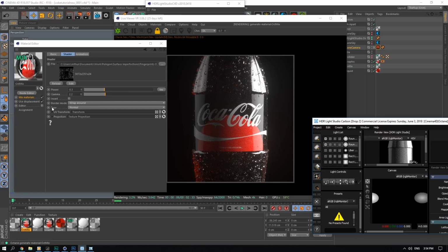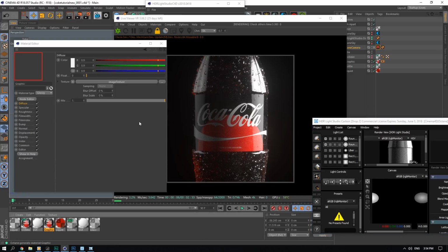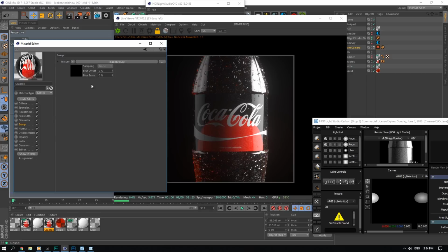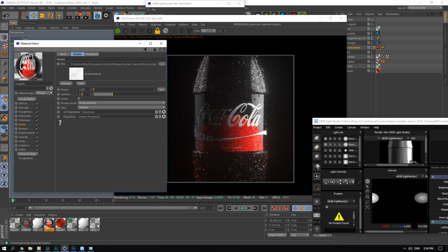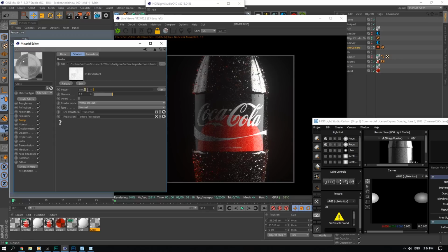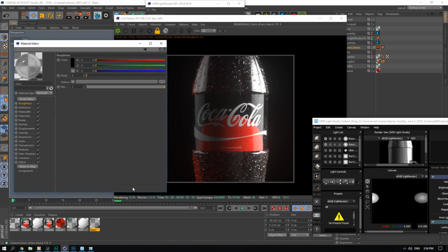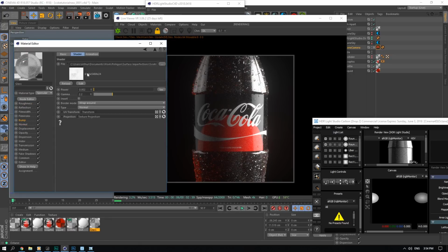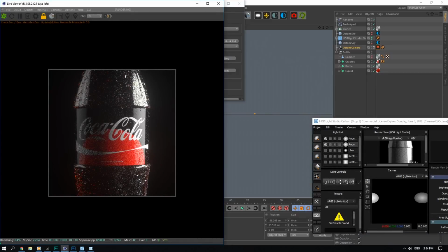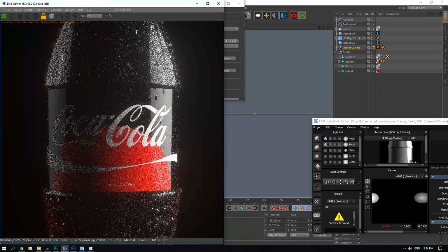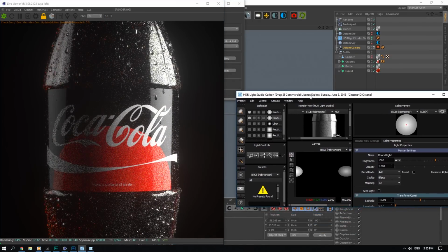And take some looks. I think I'll bump up these scratches a bit more as well. Maybe 0.1 here, and then on our glass, maybe bump up those scratches as well, 0.2. And then here, we'll bump these up, maybe 0.1. I think the scratches on the bottle are too much, so maybe I'll just reduce that back down, 2.1. And then if I take a look here at a closer view, you can get a better idea of what